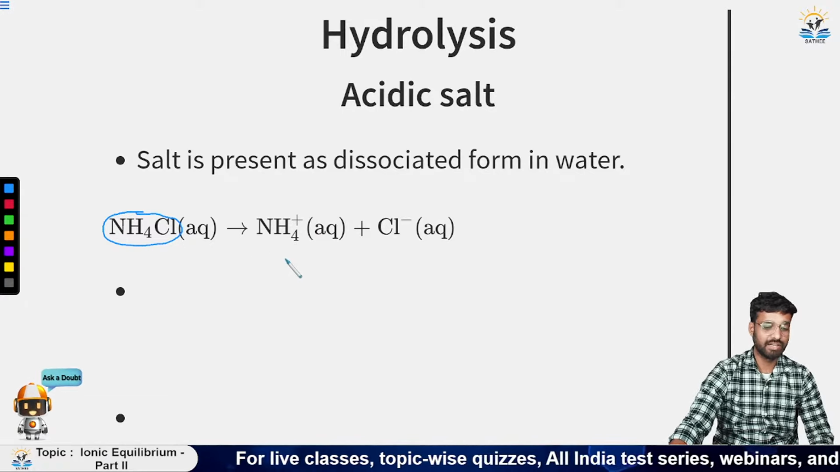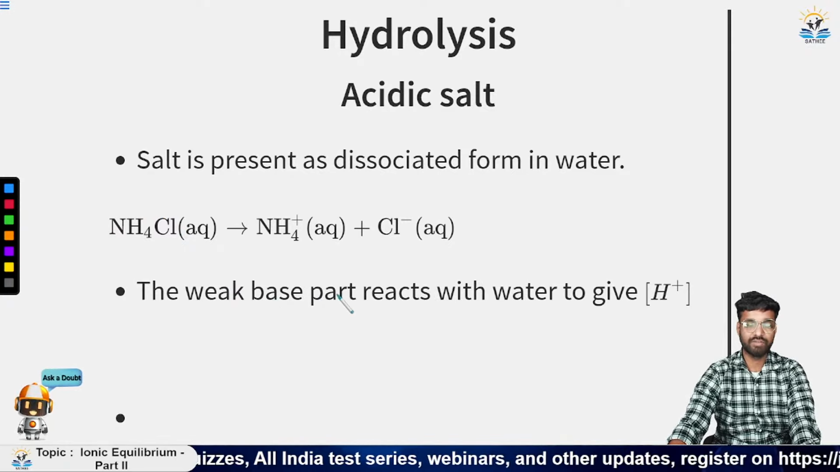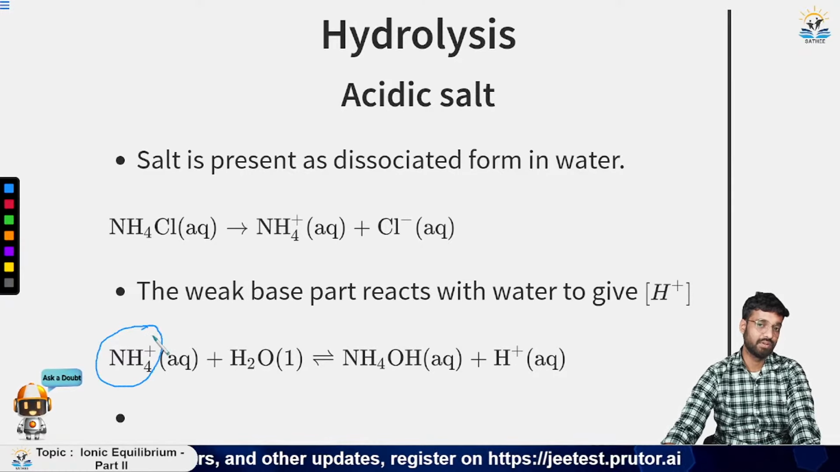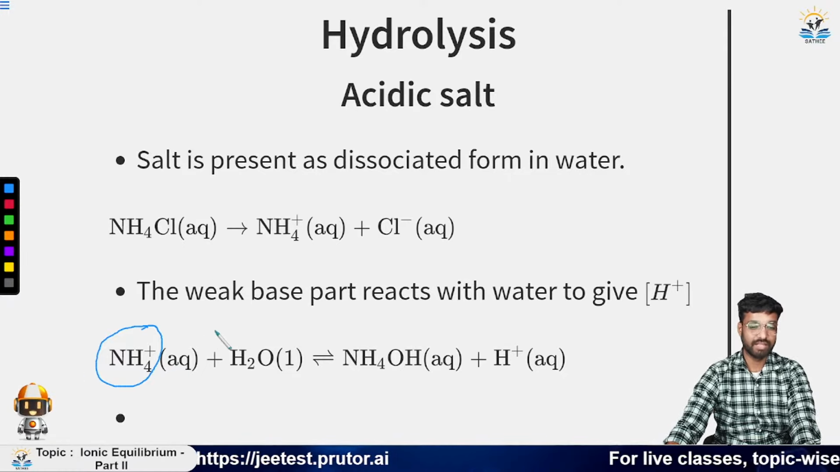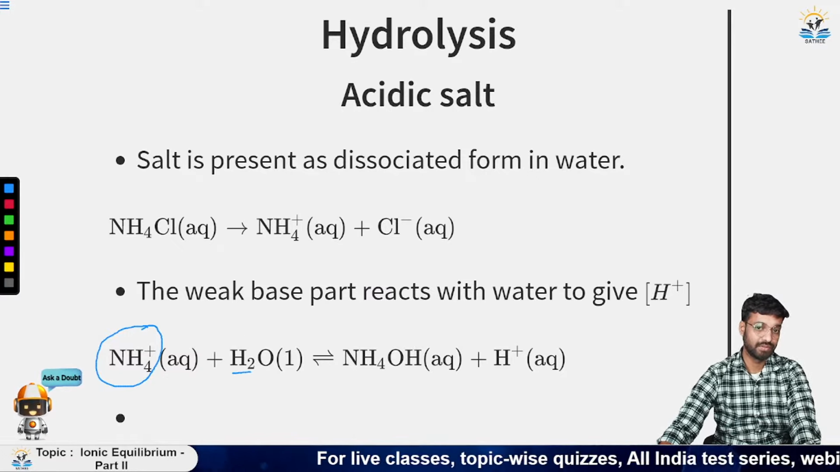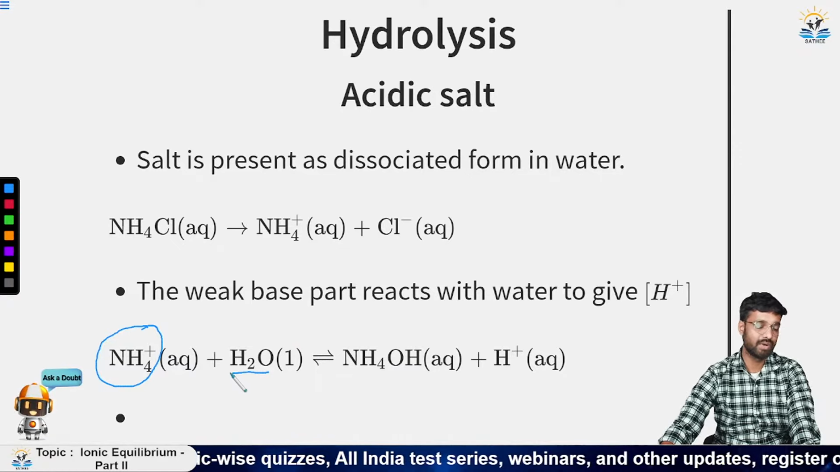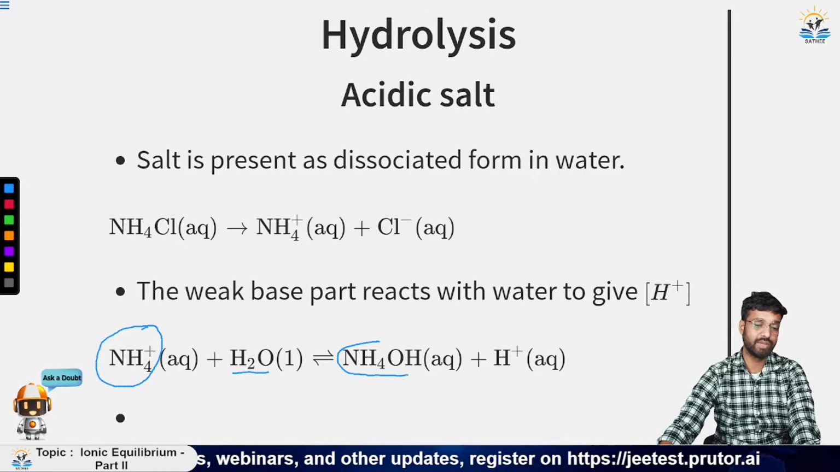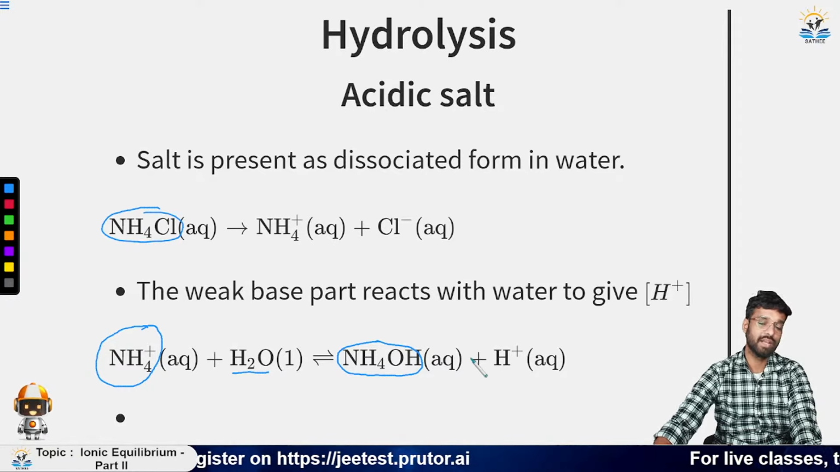Now we know that salt is present in dissociated form. This salt reacts with water to give H plus. How? This is the cationic part of the salt. It is the conjugate acid of the weak base. So this NH4 plus reacts with H2O. Of course, Cl minus will also react with H2O, but it will not result in any product. In the reaction of NH4 plus with H2O, it gives us NH4OH, which is the parent base of this NH4Cl, plus H plus